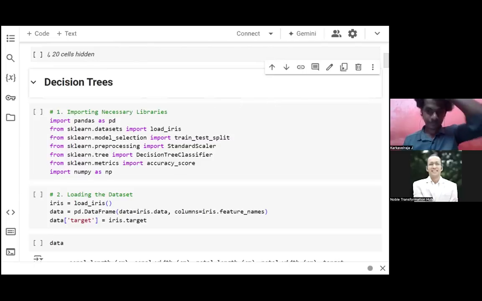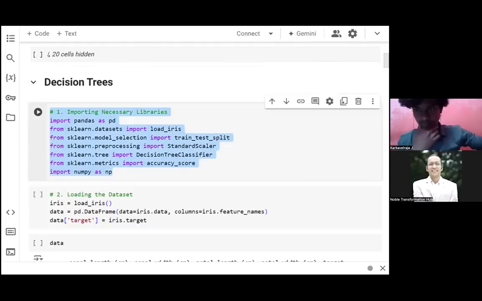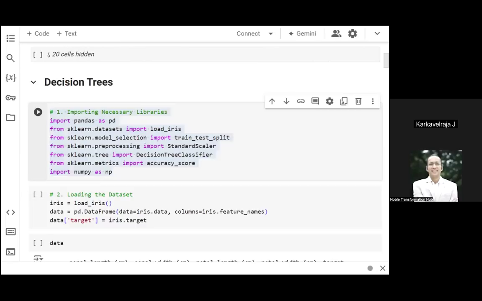Yes. So, first of all, guys, we'll import the necessary libraries, okay? Pandas, and from sklearn the datasets, okay? We have a dataset which is load_iris, so we'll import that. Then from sklearn model_selection we import train_test_split, and from preprocessing we import StandardScaler. We'll import all the necessary libraries, guys, and from sklearn.tree, that is for decision trees,